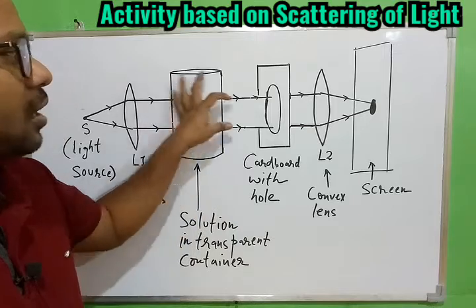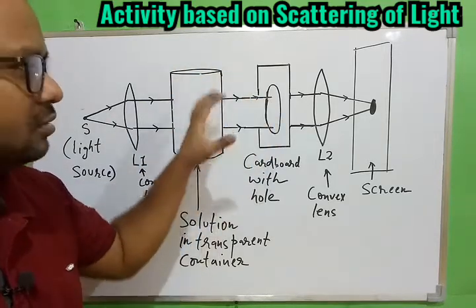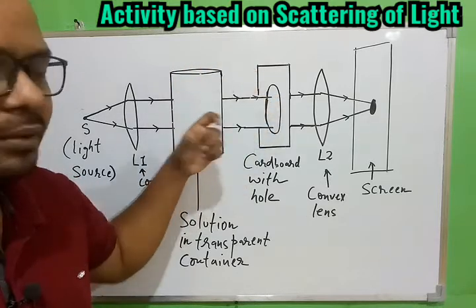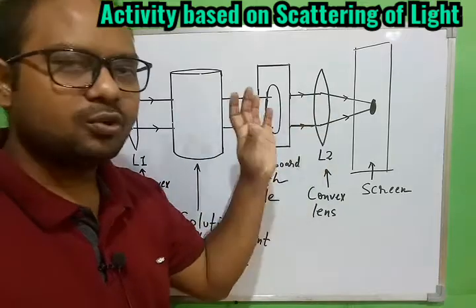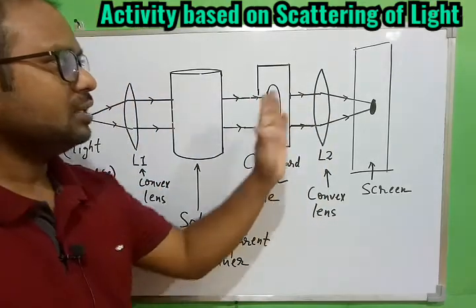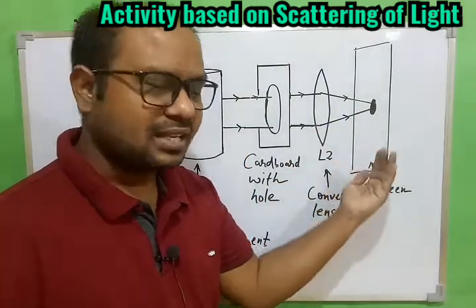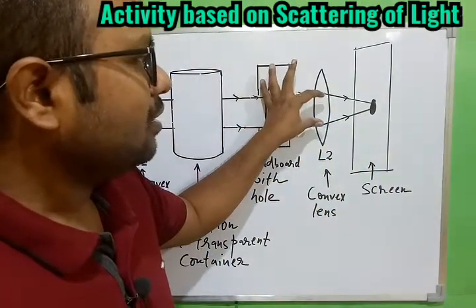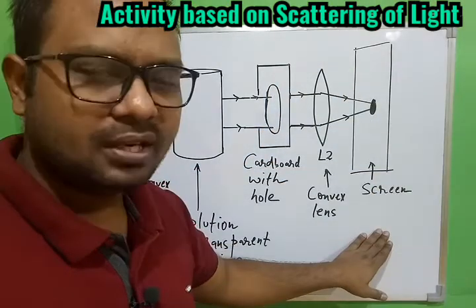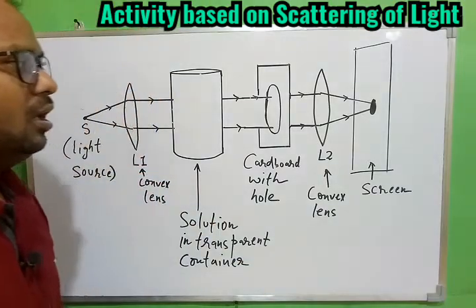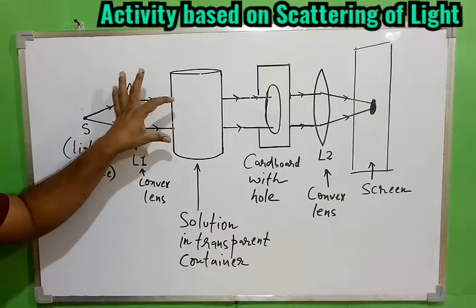Then finally the rays of light will come out parallel to each other, and again the same rays of light will be allowed to pass through this cardboard. So the rays of light through the hole will pass, the rest will be blocked, and again through this hole only the rays of light will come out parallel to each other, and then finally fall on the other convex lens we have, that is L2. On the other side we have placed the screen, so that the rays which are coming parallel will be converged by this convex lens L2 on the screen that is placed there at the last. So overall the main purpose of the lens L1 is to make the rays of light parallel to each other.